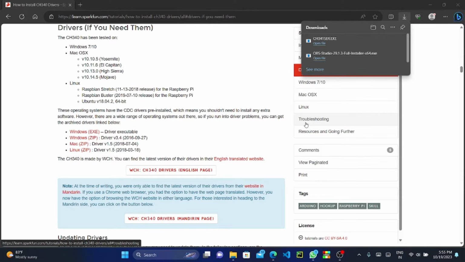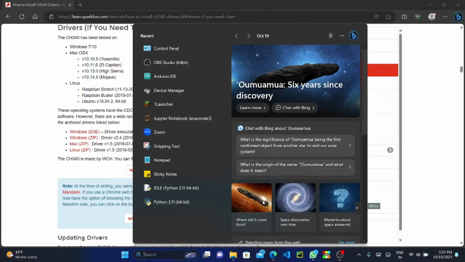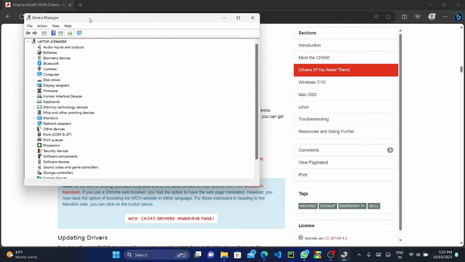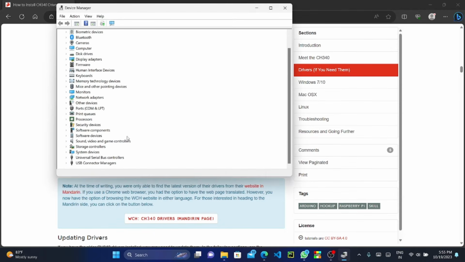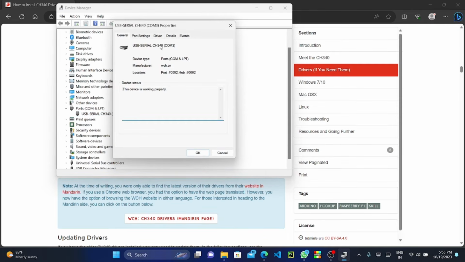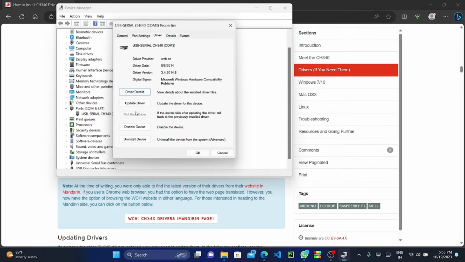and then after that, plug in your Arduino Uno board, and then open device manager, and then go to Ports (COM and LPT), and then you will get your USB. Right click on it and click on Properties, and after that click on Driver,